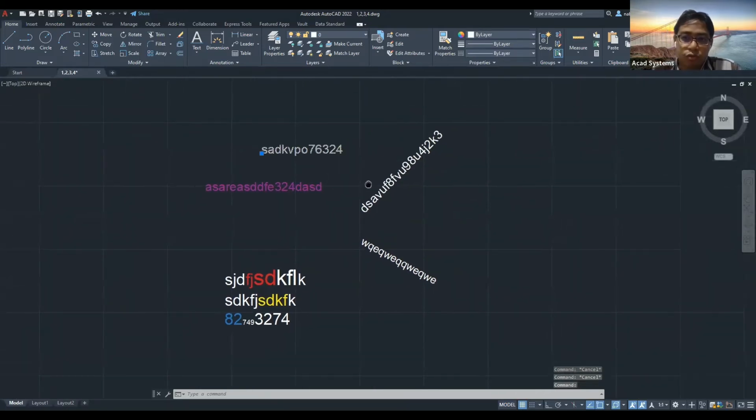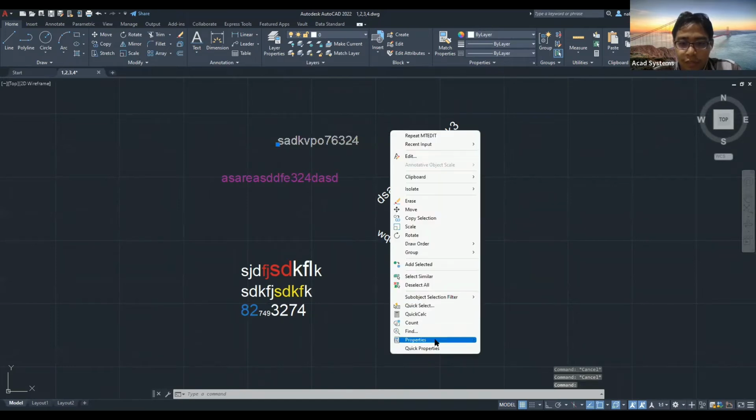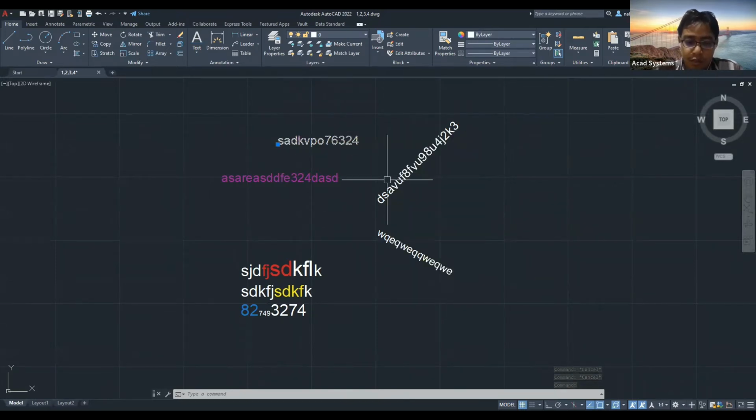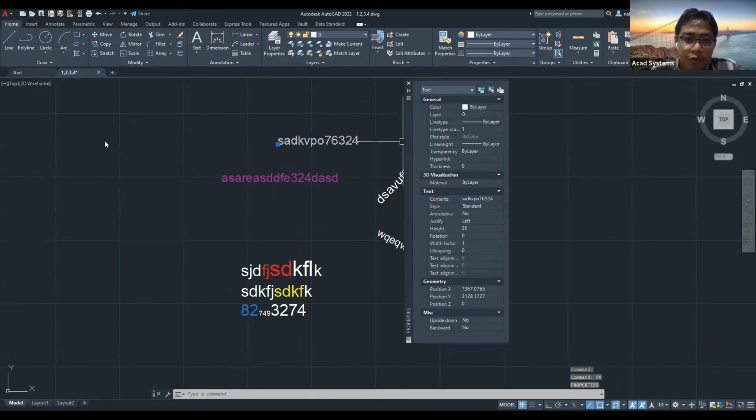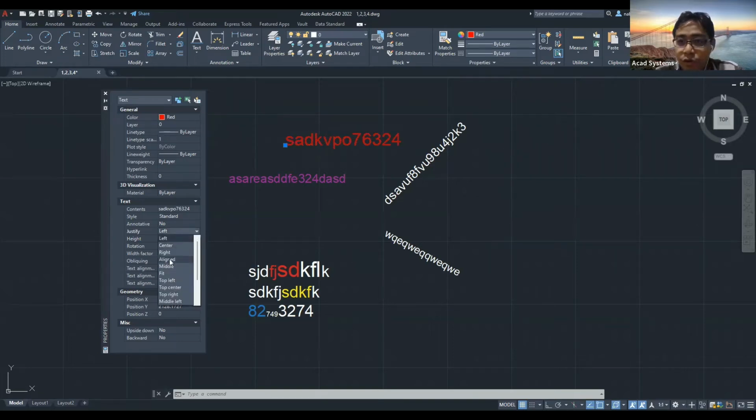Now, you can also use properties to edit your text. To go to properties, I can just right click and go to Properties, or type the command PR, which stands for properties, enter, and then it will show me the properties for this text. If you want to change the colors, you can change from here. If I want to change my text height, I can also change from here. Let's say I make it a little bit bigger, around say 50. And if I wanted to change my justification, I can change from here,